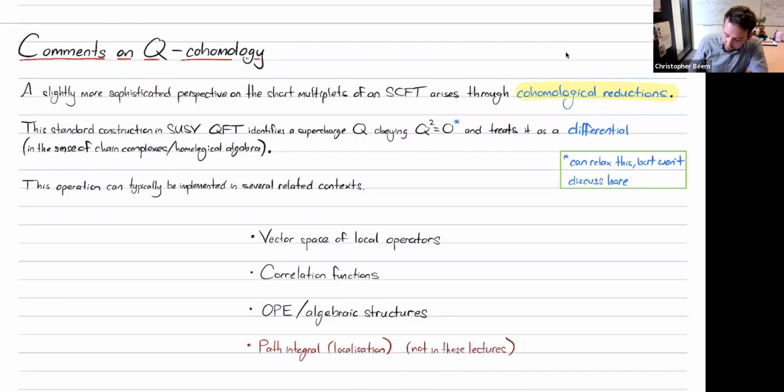And if you have a symmetry that squares to 0, you can try to treat it as a differential in the sense of chain complexes, homological algebra, cohomology, which you've hopefully at least met in sort of algebraic topology settings, if you don't already know this story. And then you can try to pass to the cohomology of that differential,